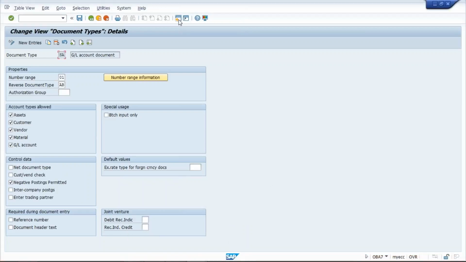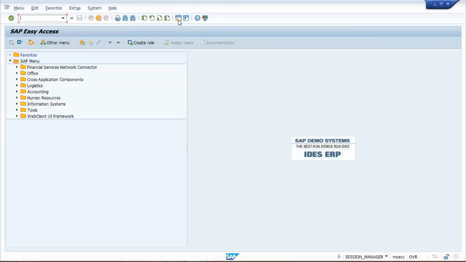Whenever you post a document, we decide what the number series should be. For GL, let me show you how to create this document number range. Transaction code is FBN1,